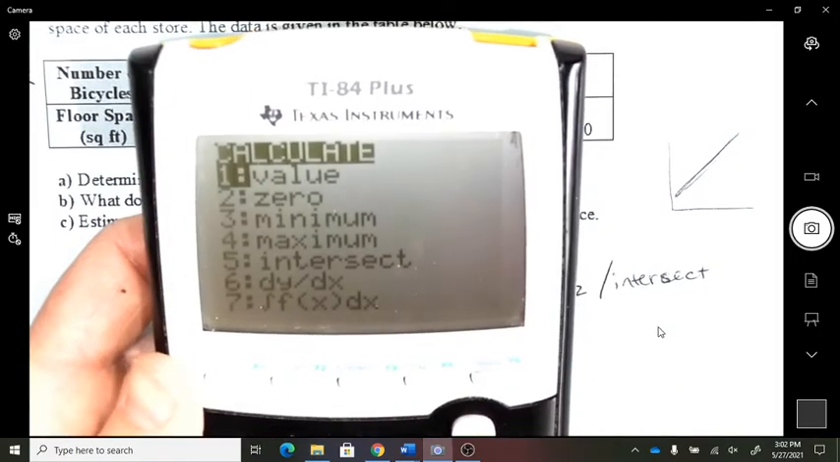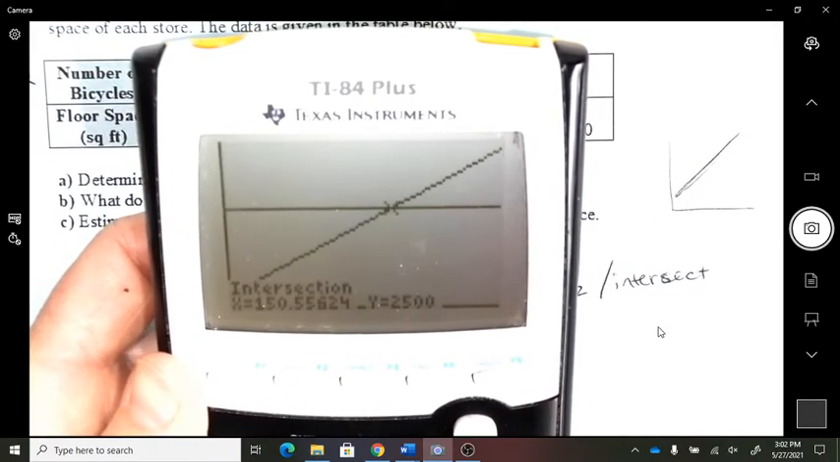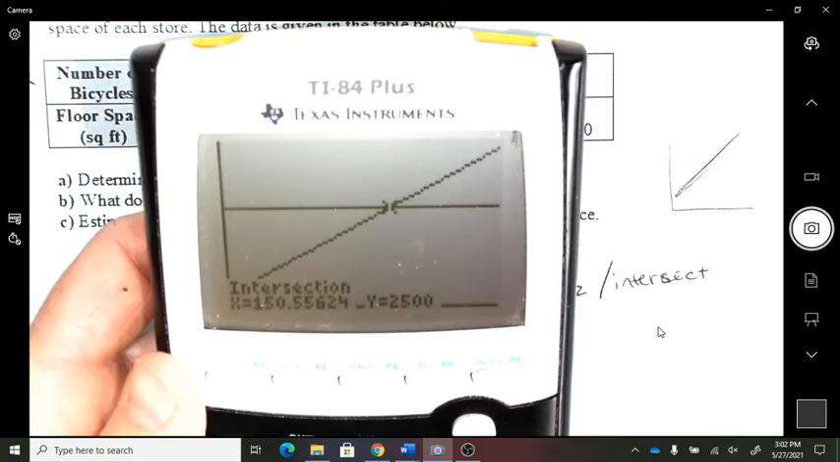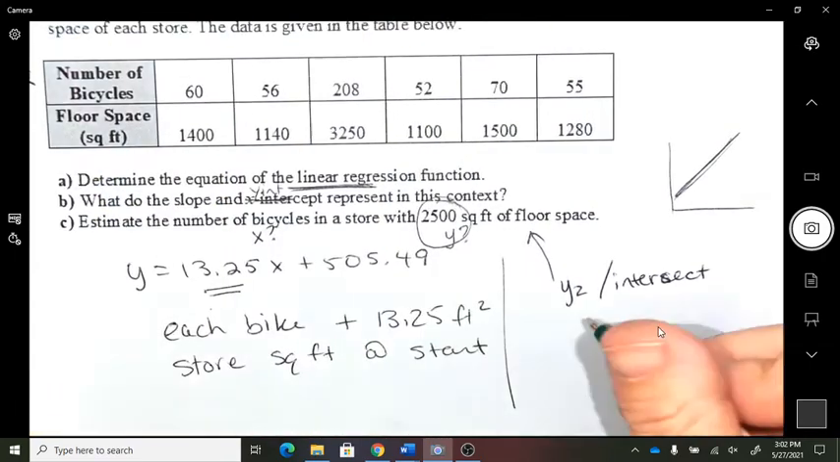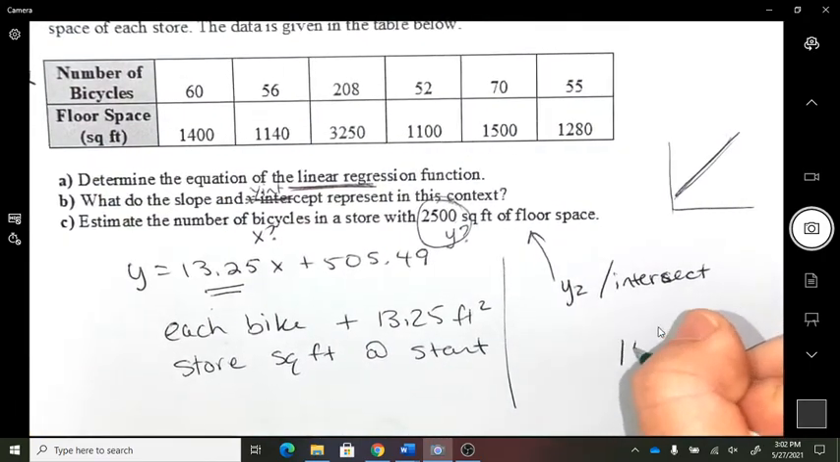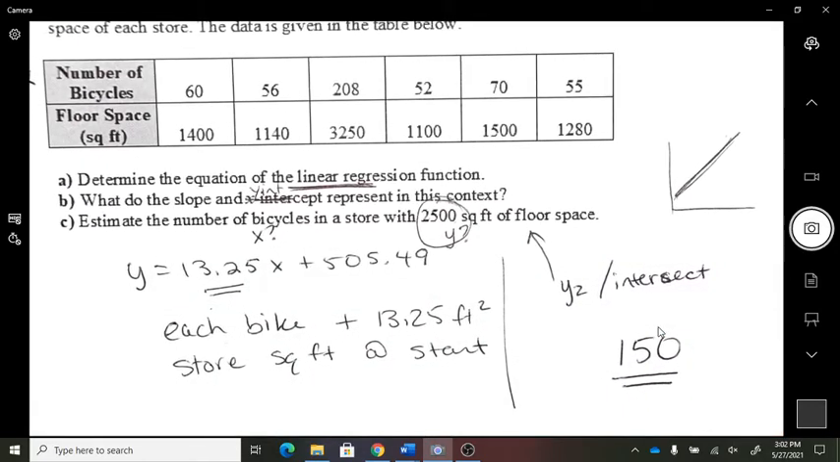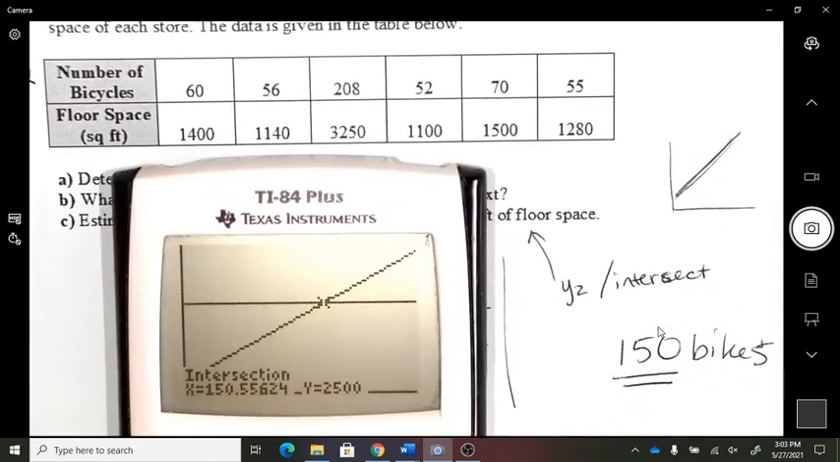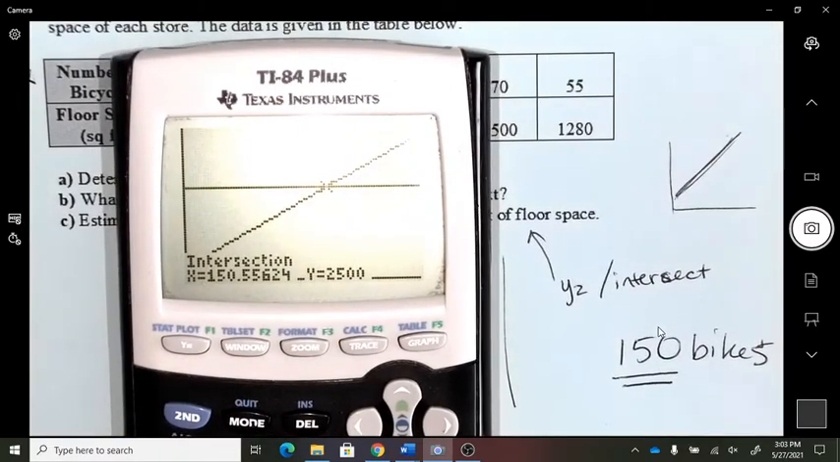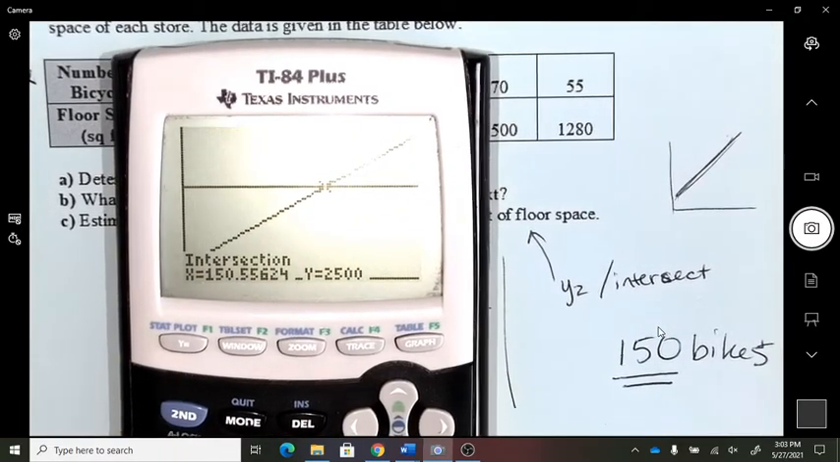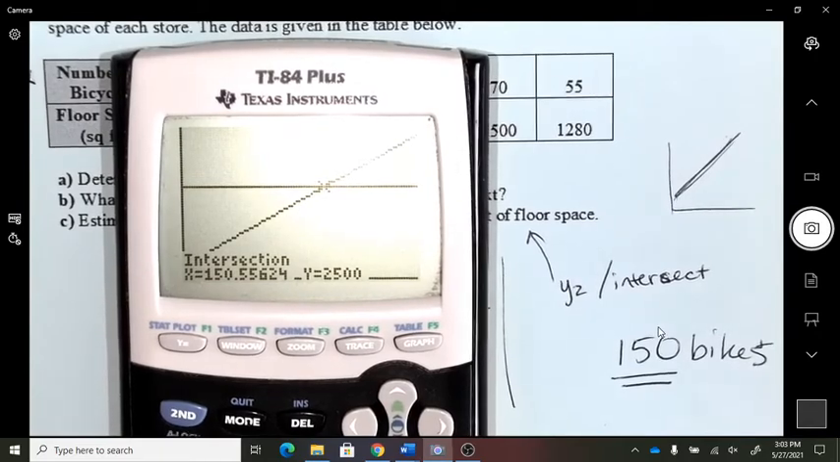Okay, second calc, intersect, enter, enter, enter, 150. Let's just round it like that. 150 bikes, because it's an estimate, so we'll just say that. Did you get that number? I got 150.55. I guess you could have answered 151 bikes, but